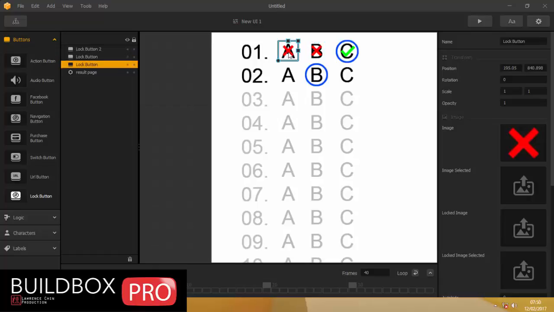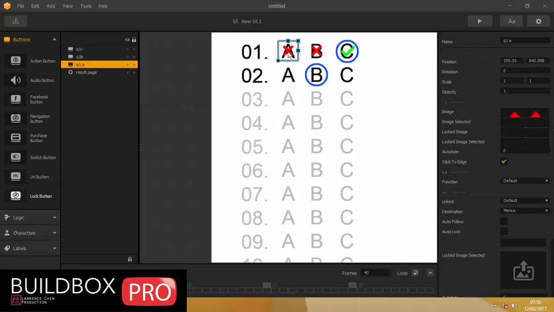Okay, this lock button is question 1A. This lock button is question 1B. This lock button is question 1C. Okay, and then I'm going to copy this